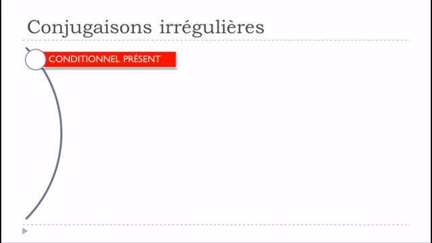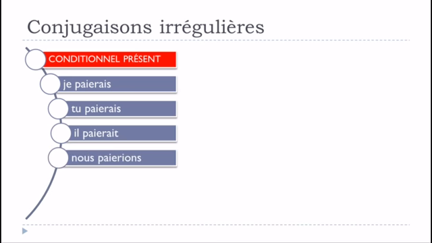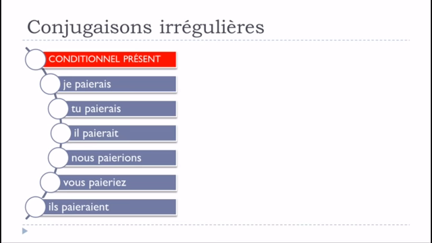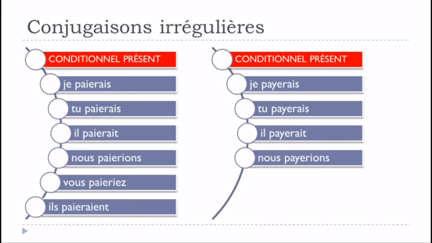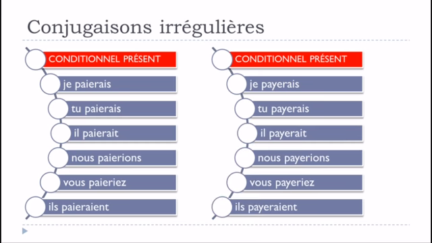And then let's see now le conditionnel présent. So je paierai, tu paierais, il paierait, nous paierions, vous paieriez, il paierait. Okay, and it's exactly the same thing. So it is allowed to use this: je paierai, tu paierais, il paierait, nous paierions, vous paieriez, il paierait. Okay, so it's good news. It's possible to use this Y and to keep it if you want, or if you want to respect the official rule, you change this Y and you put this I instead.